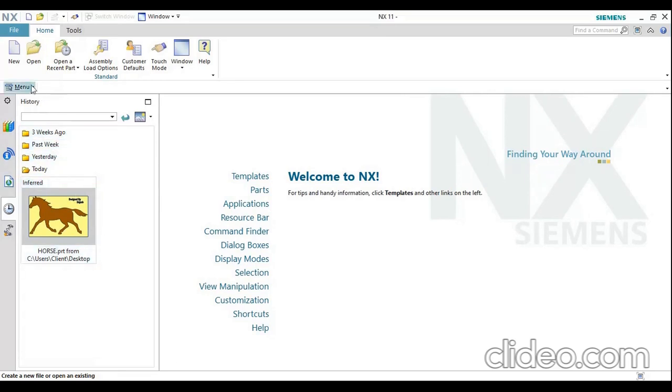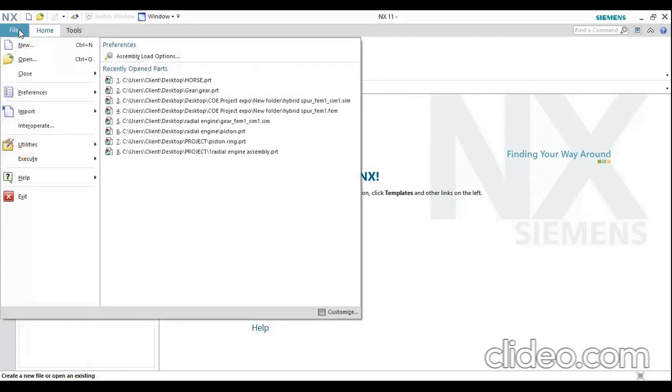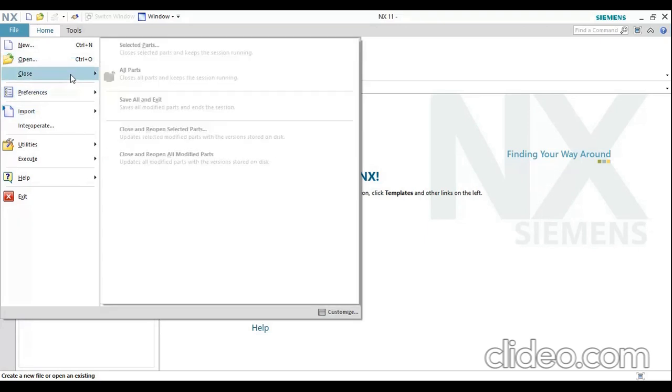Next, there is a file option. On the file option, if you want to create a new file, this option will be used. Otherwise, if you want to open existing parts, the open part file will be used. If you want to close the software, click on this link and it will be closed.